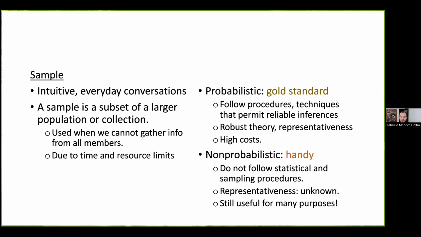And there are basically two different types of samples, right? We can break this down in more detail, but basically there are two larger blocks of samples. One is what is called a probabilistic sample, which is regarded as the gold standard in statistical analysis. Statistics and quantitative methods have a very consolidated technique to design and collect information and decide who will be part of a sample or not.